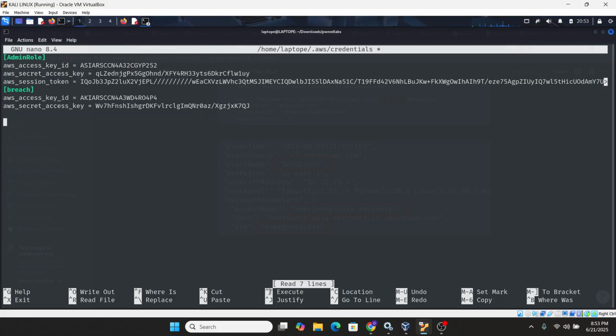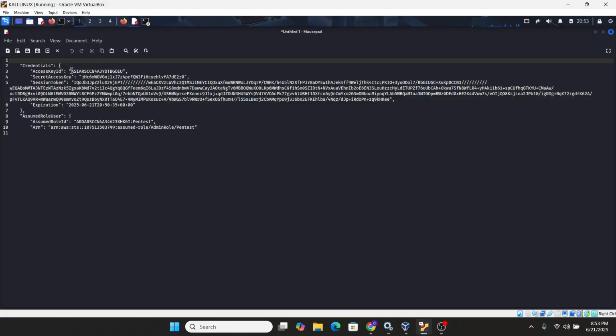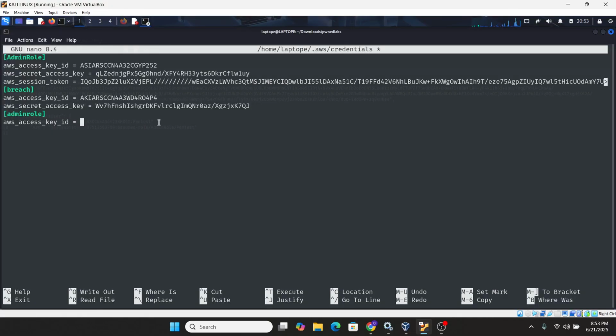To create another one, open a bracket here and give it a name. Let's just call this one admin role. Then we enter the AWS access key ID, copying it from the one given to us by assuming the role.